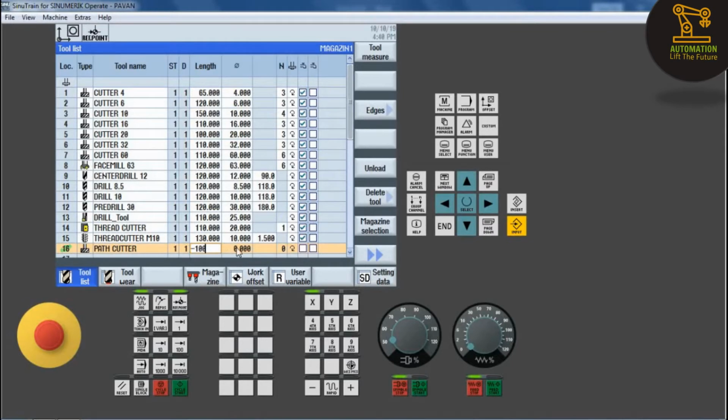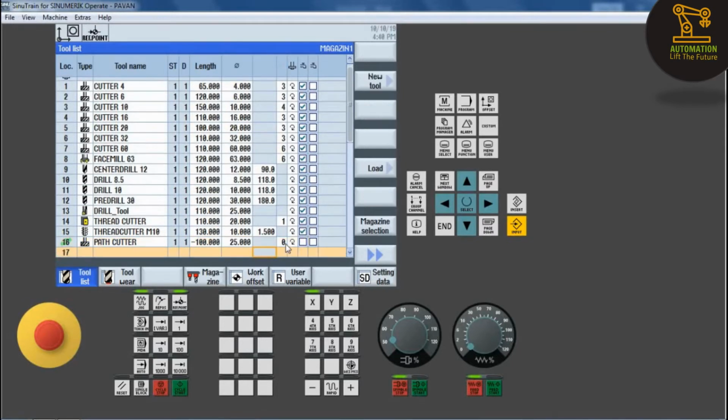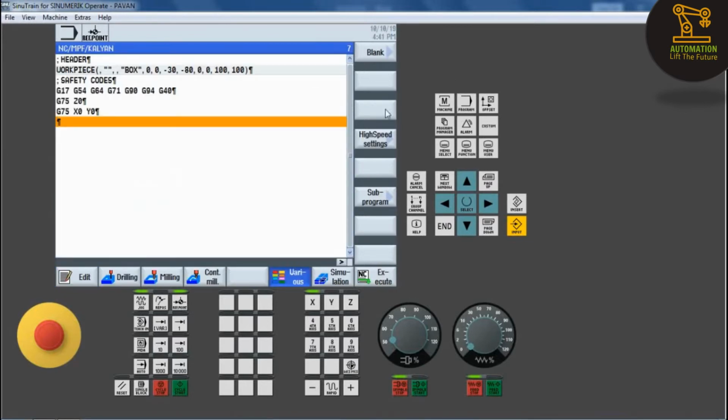Give the length of the tool as -100, the diameter of the tool 25, and the number of teeth 4. This is the direction of spindle rotation; I give clockwise direction, and coolant on. Click on OK, tick mark.